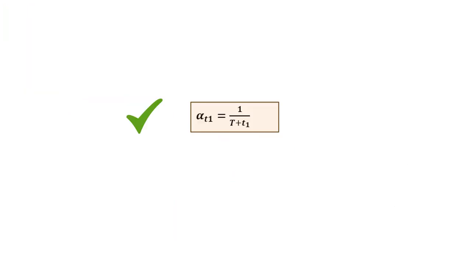Now we will also examine this formula found on your screen. So this is of course the formula to calculate the temperature coefficient of resistance, or what we call alpha T1. As you can see, your alpha T1 depends on the actual temperature of your conductor. The higher the temperature, the smaller your alpha T1 gets, as your denominator is getting bigger, right? Of course, alpha T1 depends also on the inferred absolute temperature of your conductor, or the capital T. How to use this formula? Let us see in the next example.